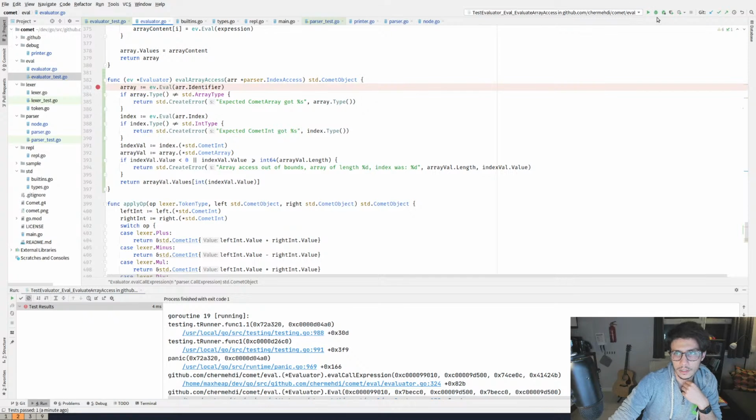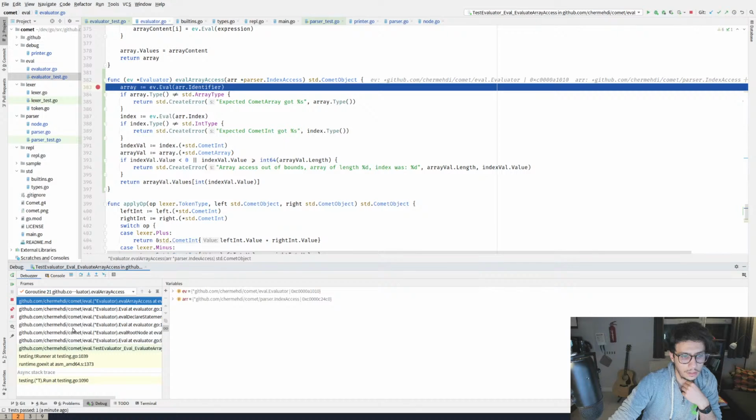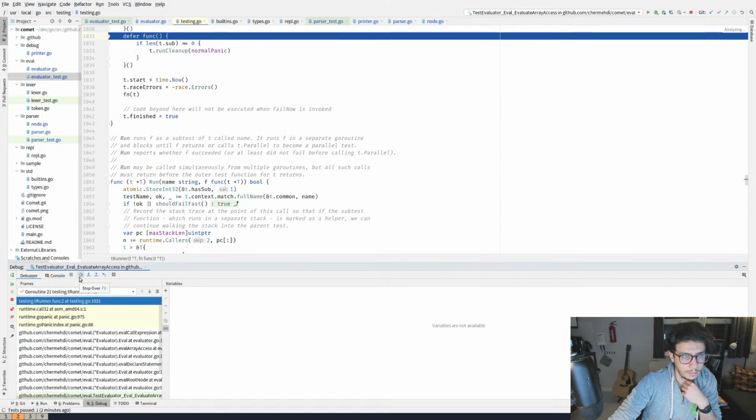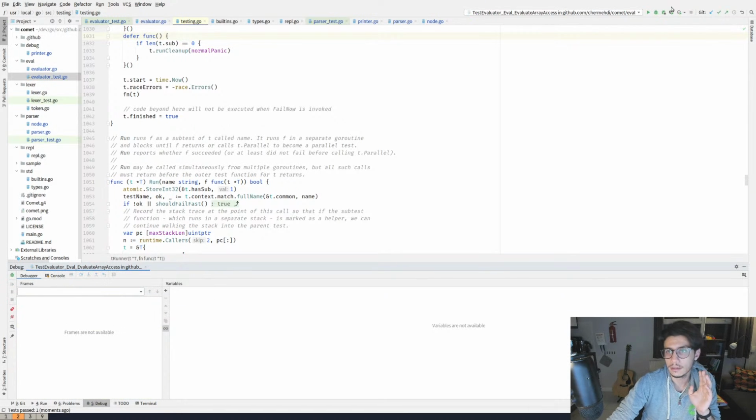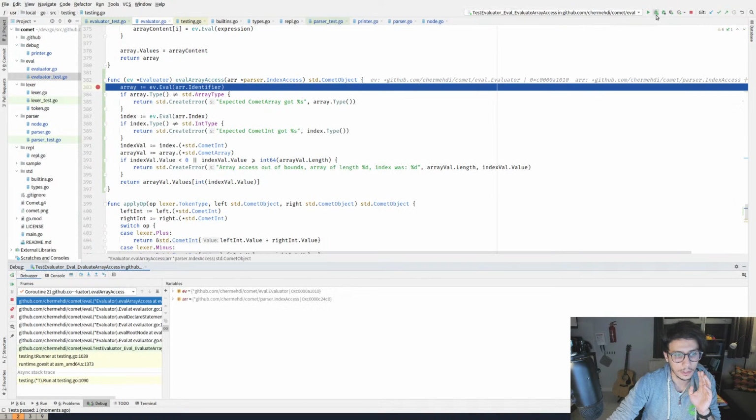So let me make sure that it actually works. So test 1, test 2, this is test 3. So the array is an identifier, which is a call expression. Like when this is evaluated, yeah. Evaluating this call expression, we have problems in evaluating call expressions.